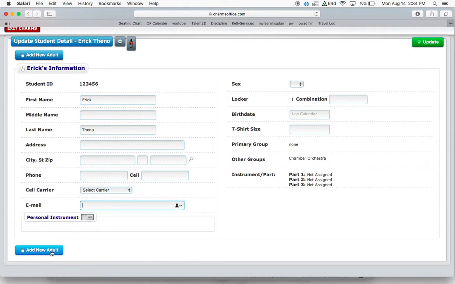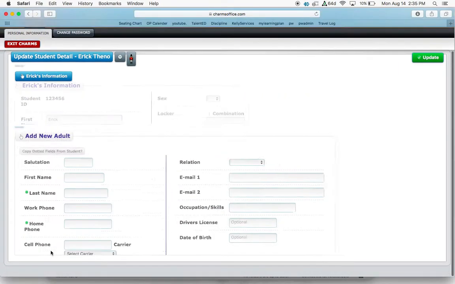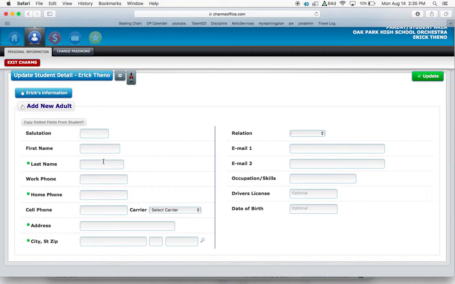And then I need parents to add new adult. That is the important thing. You can put your first, last name in. Again, I'm not worried about phone or address or like that. What I really, really want, again, is an email. If you put your email in there, when I need to update, change dates, or send out reminders, it'll send to that email. So please put in your email, and then I'll have it for this, and I'll send out